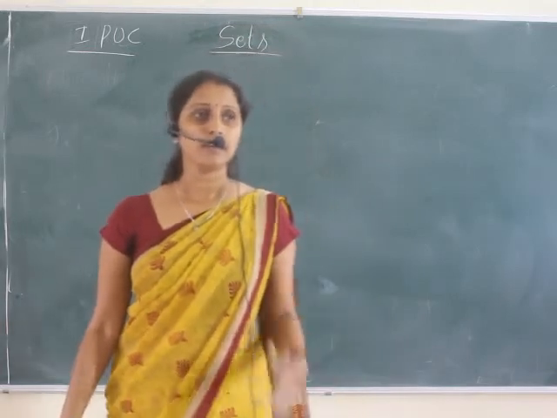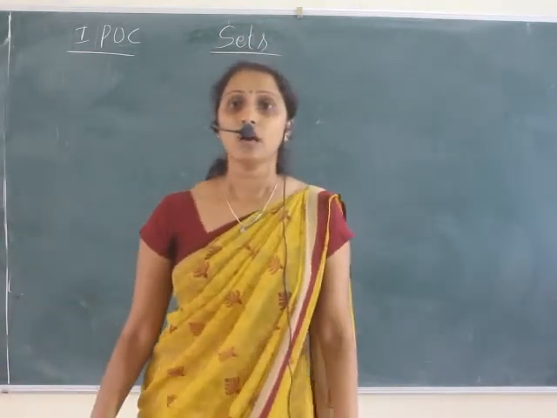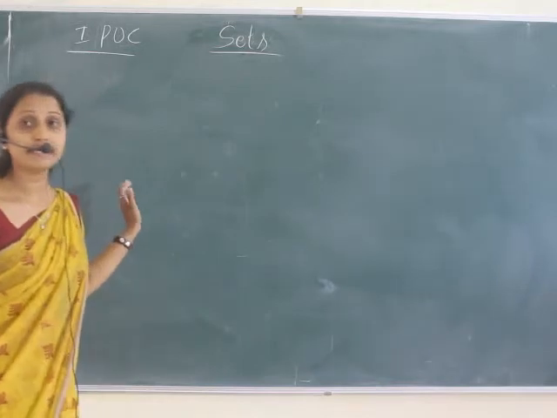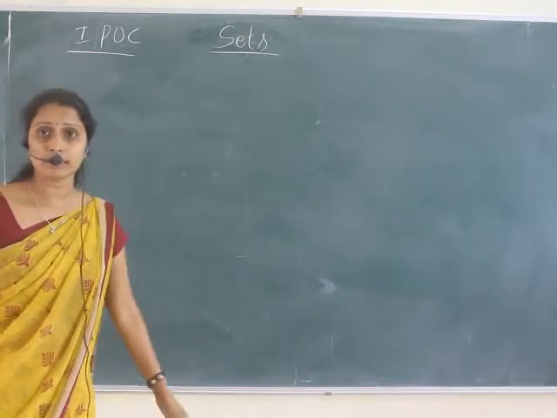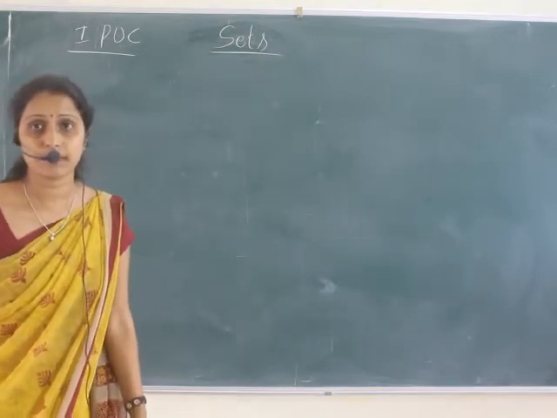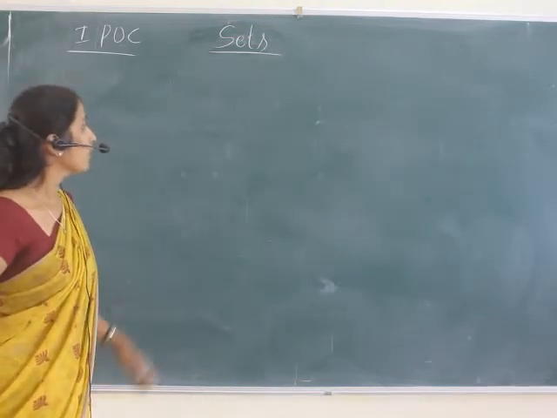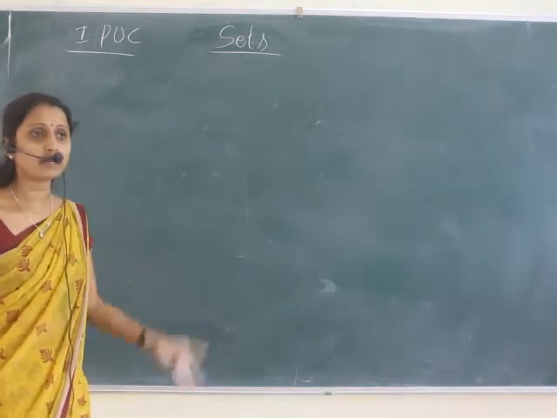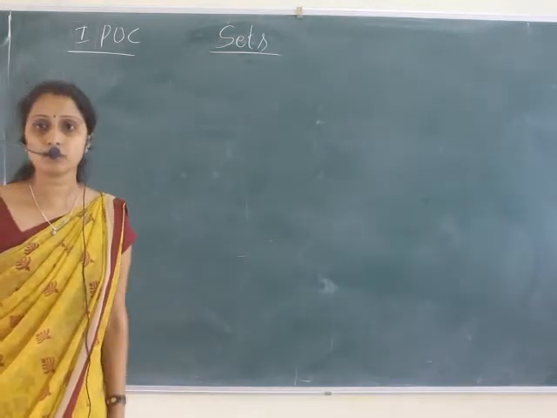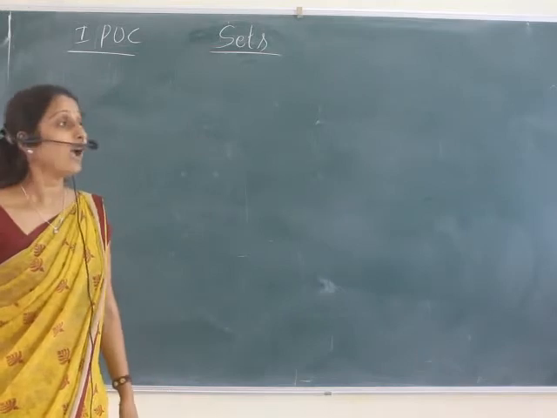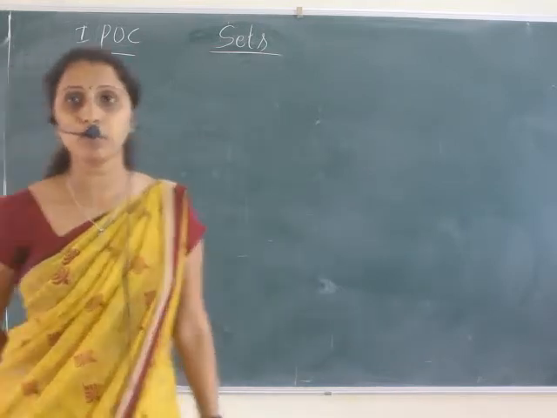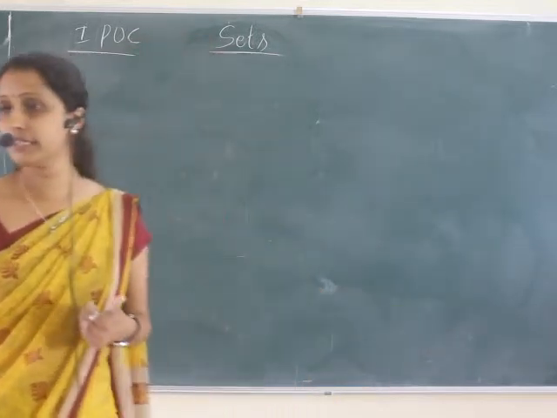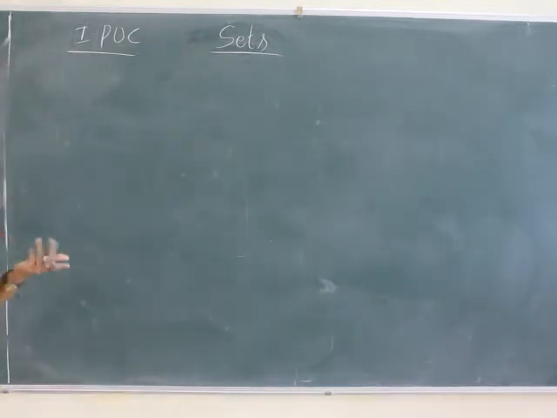Hello students, in sets we have discussed the difference and intersection of sets. We have discussed union of sets and also intersection of sets. In the intersection of sets, we calculated one or two problems, and also discussed what disjoint sets are, and after that we were discussing properties of a set. In the properties of a set, we have discussed the first property, commutative, and idempotent, associative, and I have given one more property.